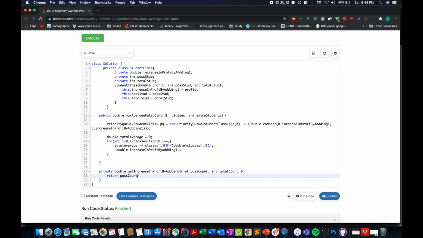pass count plus 1 by total count plus 1, typecasting it to double, and subtracting the base case pass count by total count, also typecasting this to double.